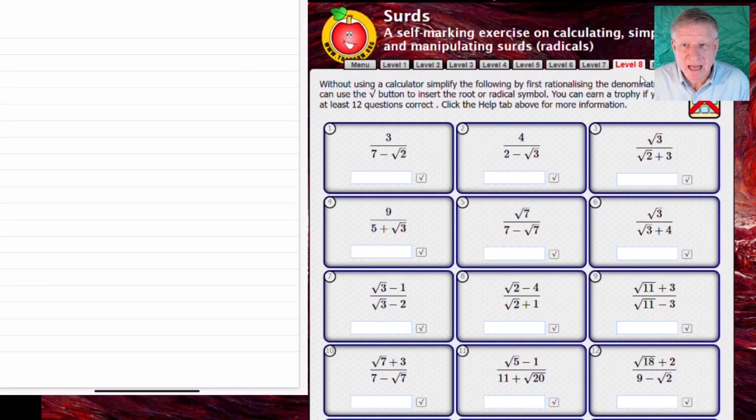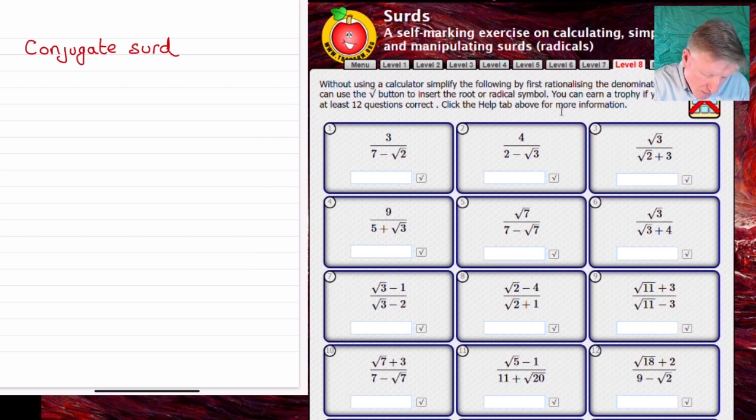Okay, we're at level 8 finally of the online exercise. And before we start this, if you didn't do level 7, you should at least go back and look at the level 7 part of this video, because we looked at something called the conjugate surd. So look back at the level 7 part of the video, and when you understand this, then you can start